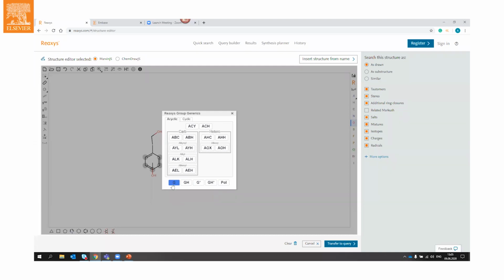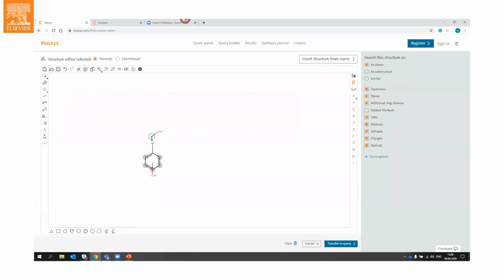So here is G group like anything, GH, anything or hydrogen, G star, anything or even connecting to the cycle, anything, hydrogen or connecting to the cycle, or even polymeric ones. But this one would be enough. We can put it here and